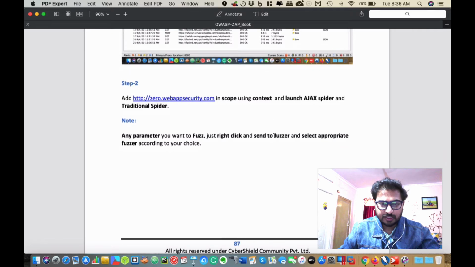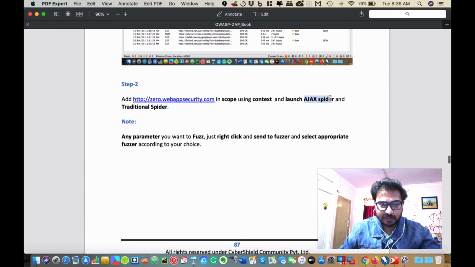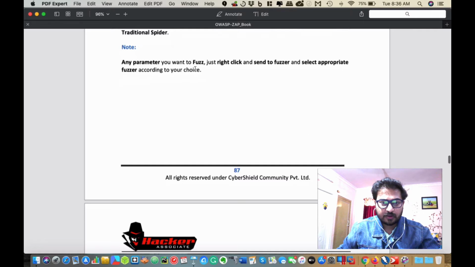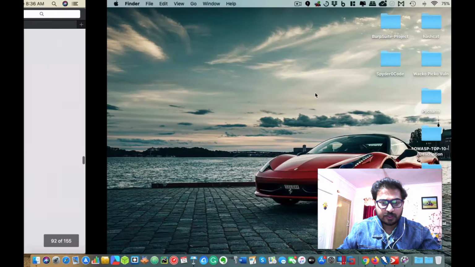And especially if you are analyzing cross-site scripting, you can always look at the Ajax spider. It is a little bit slow as compared to the traditional spider, but it is very effective in case of cross-site scripting, which we already saw in our previous classes. For any parameter you want to fuzz, just right click, send to the fuzzer, and select the appropriate fuzzer according to your choice. So first what I can do is,